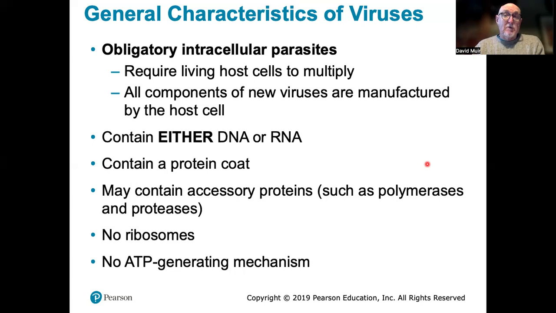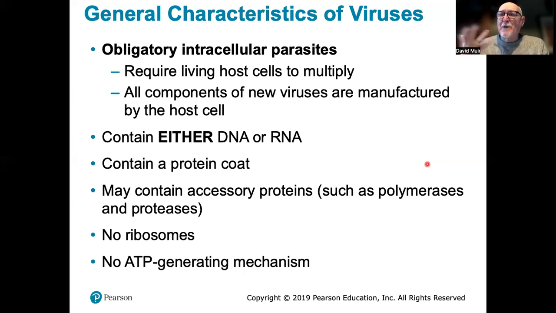When we look at the virus particle itself, that at the very minimum, that is what they have. They have nucleic acid. They have a protein coat around that nucleic acid, which is called the capsid. But inside that capsid, apart from the nucleic acid, there is no cytoplasm. There is no cellular machinery. There are no ribosomes. Nothing like that occurs because they have no metabolism. So they simply don't need it. And especially when we look at them, there is no management of energy by the viral particle.